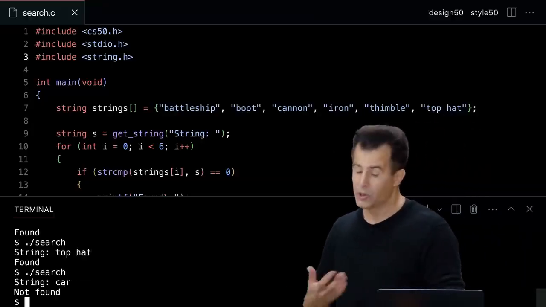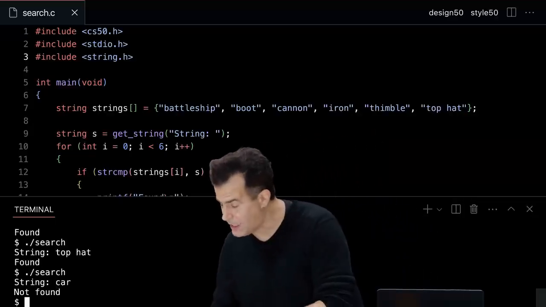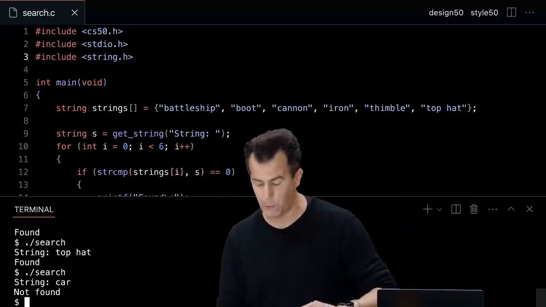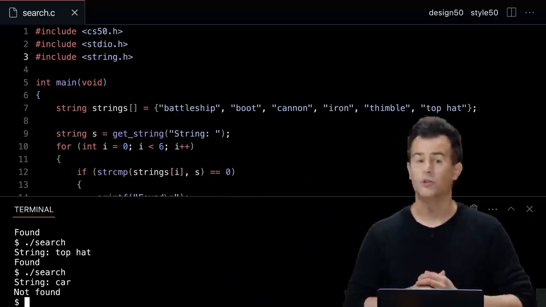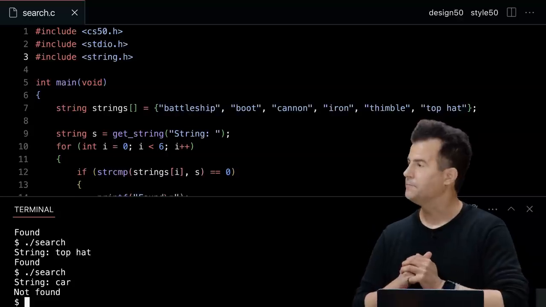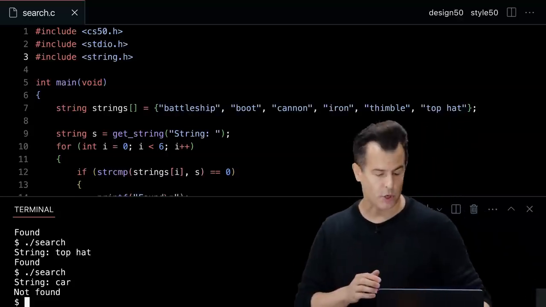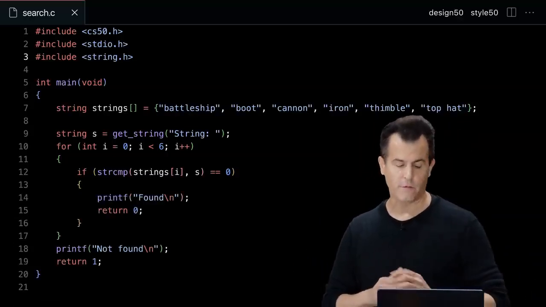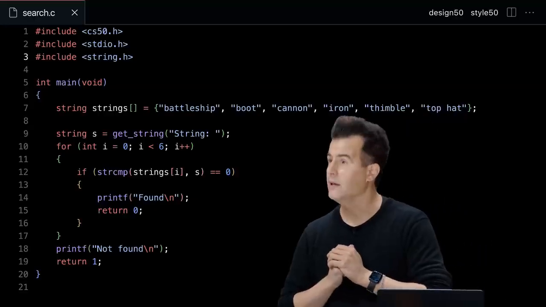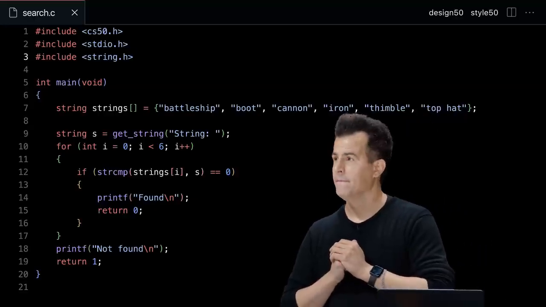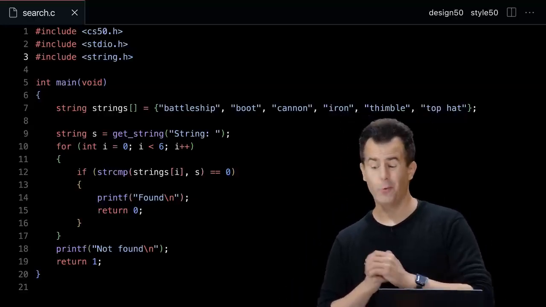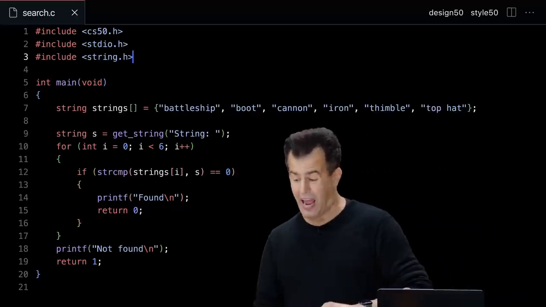So a subtlety, because strings, as we'll soon see all the more, are indeed a bit different from just comparing simple values like integers, chars, and the like. Questions on what we just did with strcmp or searching for this thing linearly in this way? No? All right, well, why don't we graduate to like more of an actual phone book?